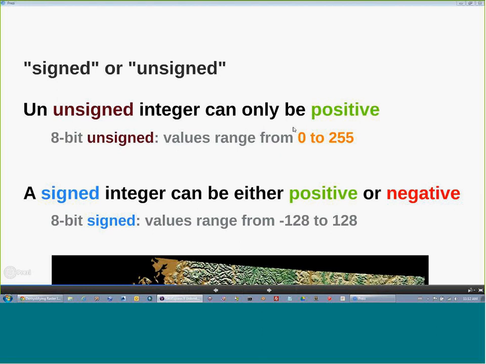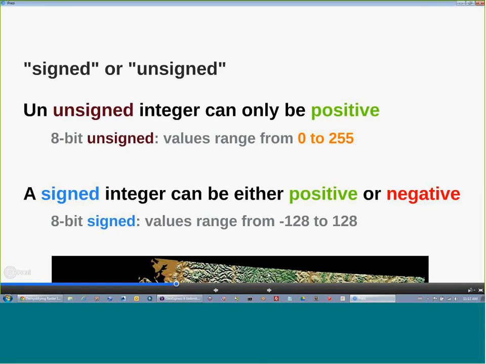Now, a signed integer is either going to be positive or negative. In order to do that, we still only have a range of 256 values. Now, the signed integer, what we're saying is we're going to have 0 point, and from negative 128 to positive 128. And why would we do something like that? Well, because